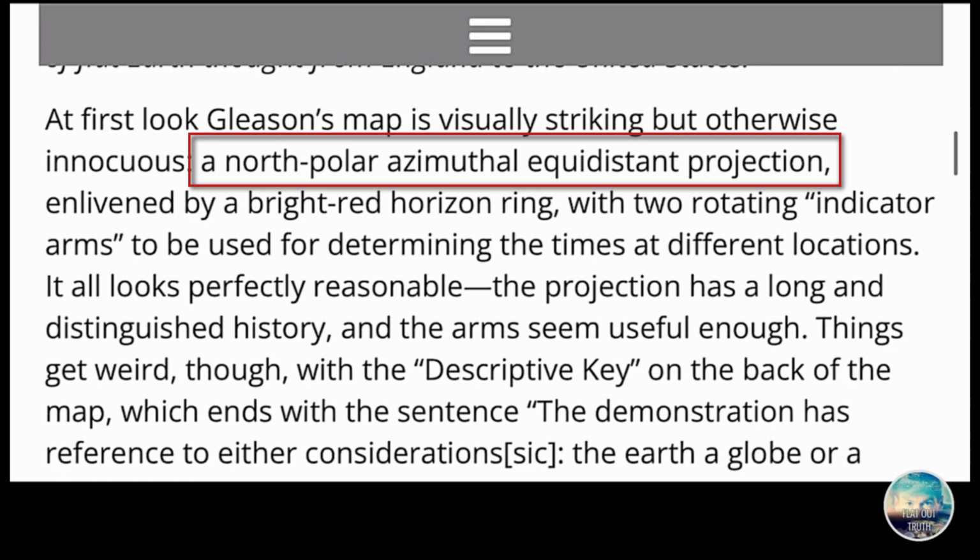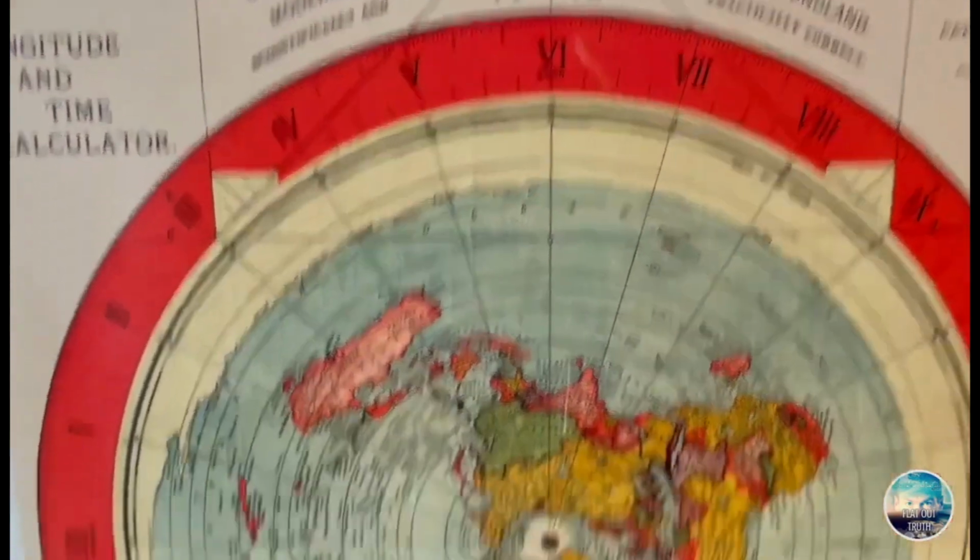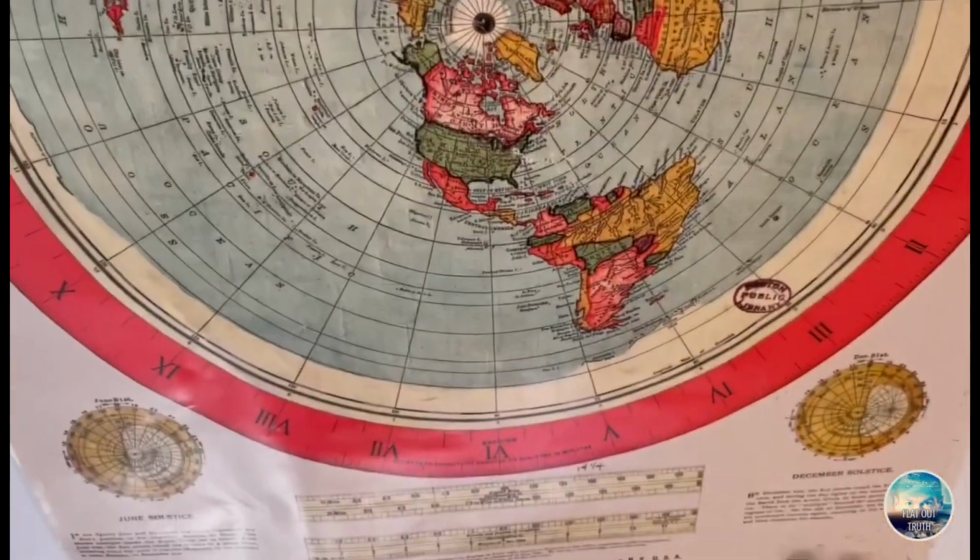Oh dear. Like I was saying, this was just another miserable failed attempt for the Globetrotters to try to convince you to live in their illusion that this is a globe projection map. It's not, and I just proved that to you. So we just debunked that.